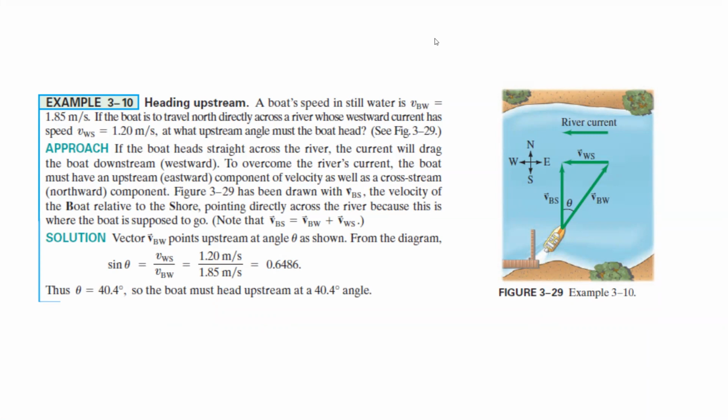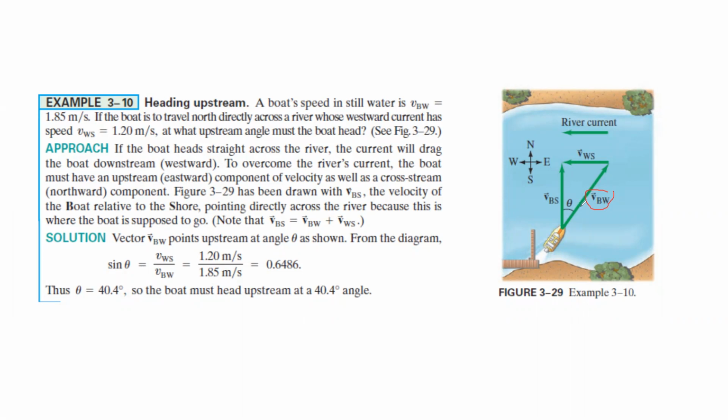So in this case, we have here the velocity of the boat with respect to the water, this one. Okay, so a boat speed in still water is 1.85 meter per second. If the boat is to travel north directly, so your goal is the boat must travel directly north, but there is a